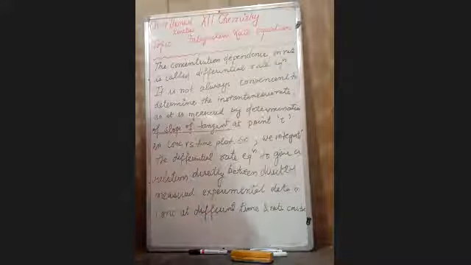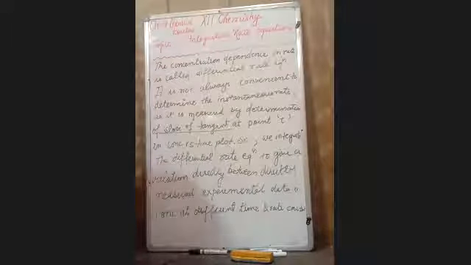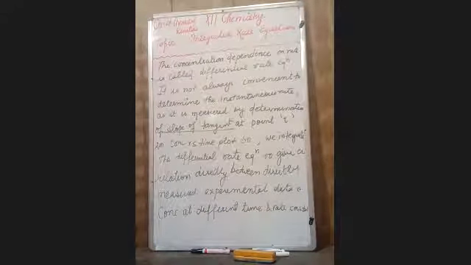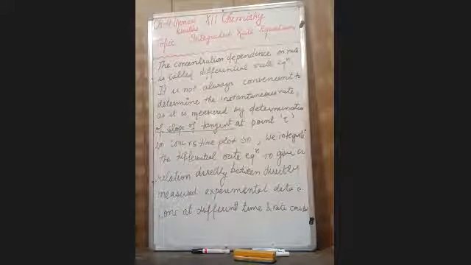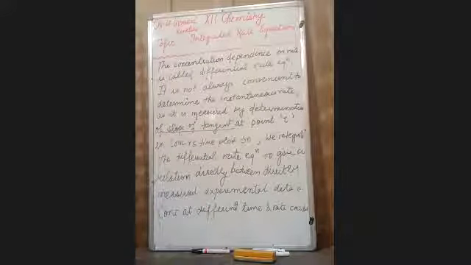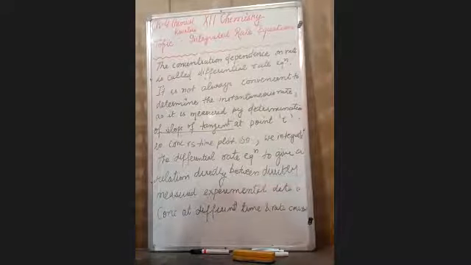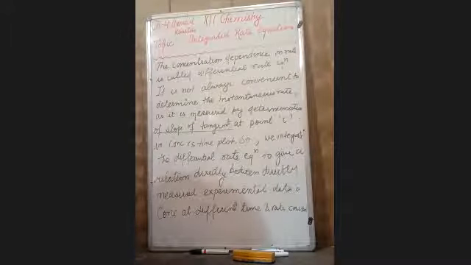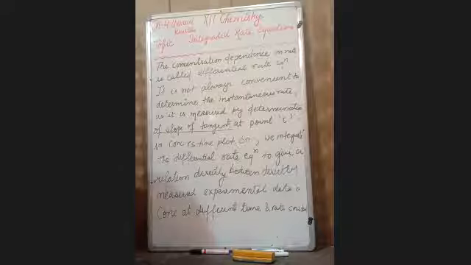In the yesterday class, we have discussed about order and molecularity of a reaction. Order of a reaction is equal to the sum of the powers of the concentration terms. It is an experimental quantity, and molecularity is your theoretical concept, which is equal to the number of reacting species taking part in an elementary reaction to bring out a chemical change. Okay? And molecularity can never be zero, negative, or in fractions, but order can be zero, negative, or in fractions.